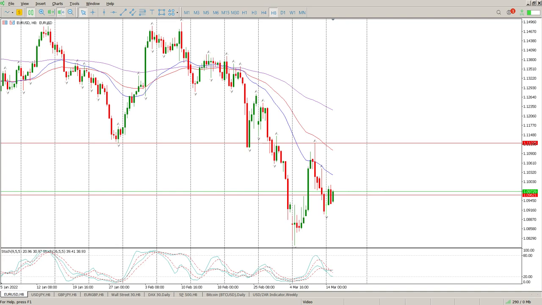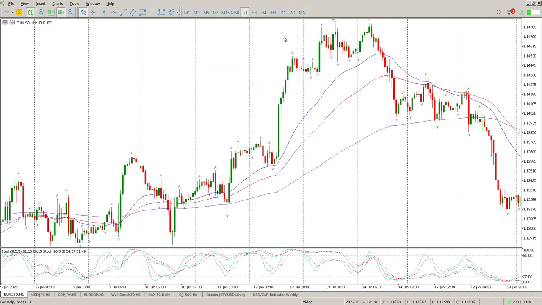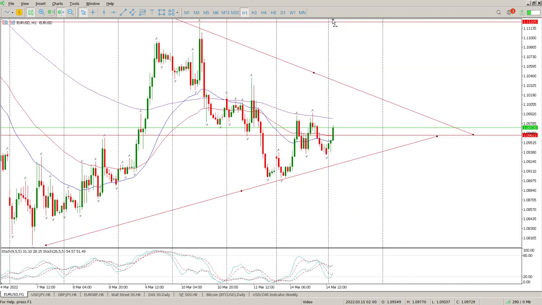So starting off with Euro USD as usual, and we are in a consolidation pattern. We've got a bigger triangle and then a smaller triangle inside the bigger triangle. So just get it roughly for you so you can see there's the triangle, and you can basically see there's a little triangle within the bigger triangle as well. Anyway, that's consolidation to be expected. We've got the Feds coming out, and that should be tomorrow, so you probably expect a little bit more of